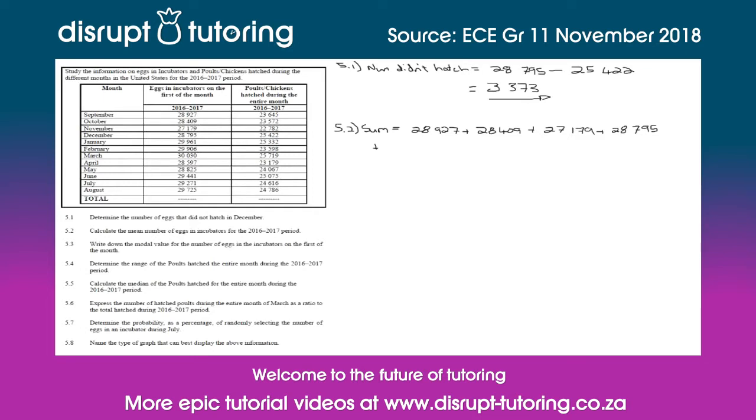So the next one is 29,961. So we just got to keep adding it. So we are at this point over here. So the next one is 29,906. So plus